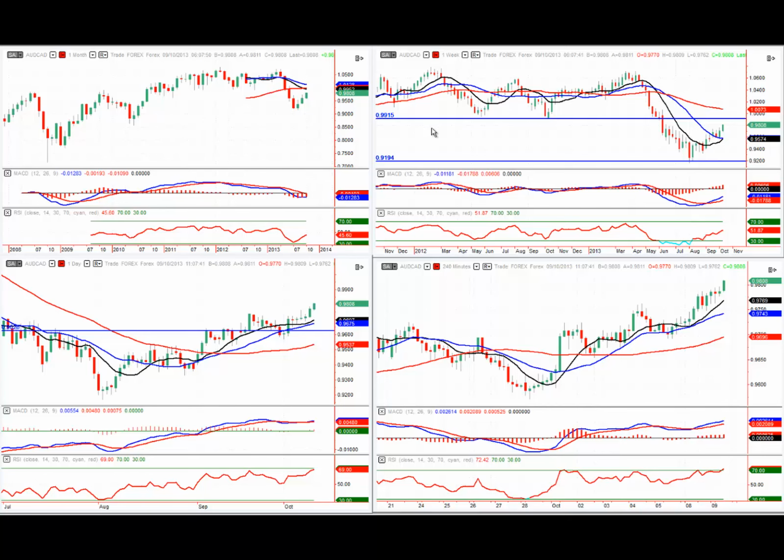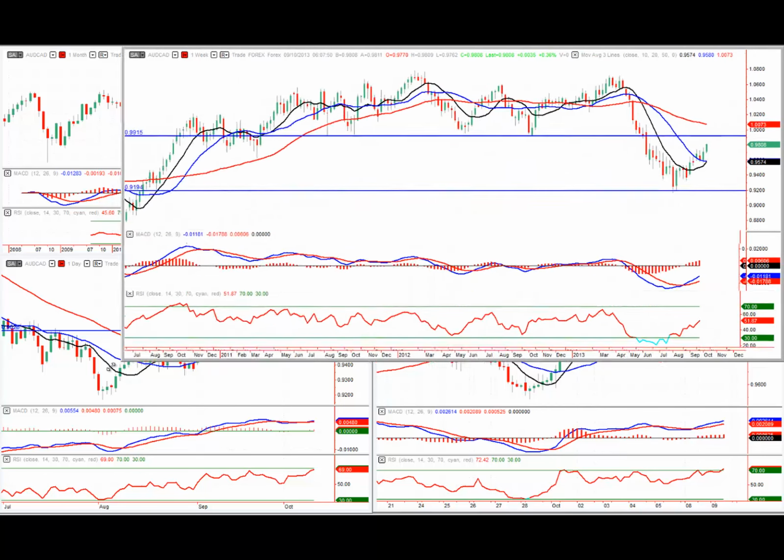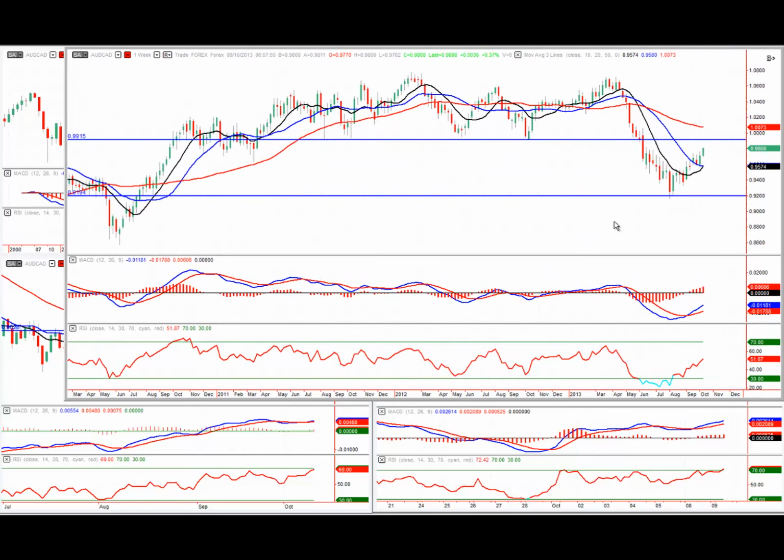If we take a look at the weekly chart, we can start to see a bit more detail here. On the weekly, price came down, tested 9,200. This had been a very strong level on this market, as again you can see starting back through history here. This was a strong support and resistance level. And price again now has started to lead up here to the high side. We can see that this is a little bit more advanced than the Australian dollar against the US dollar, so it just leads me to believe that this one or the previous one will follow suit,